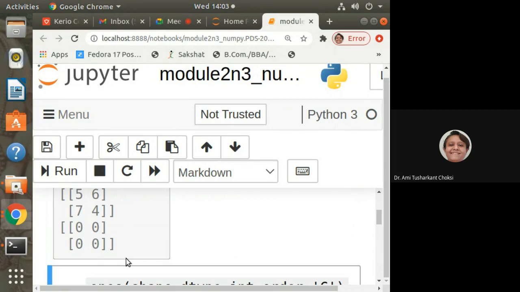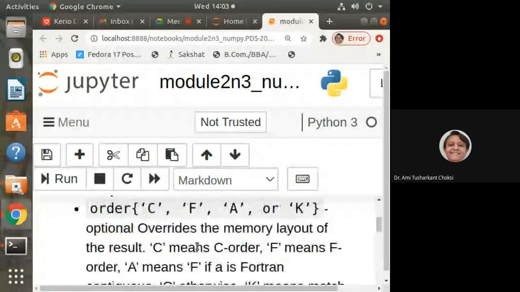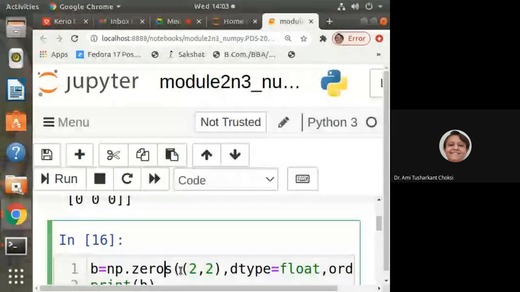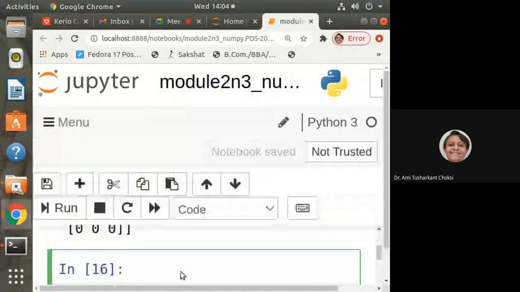Got it? Typically, when we want to have matrix operations, at that time we want this only. That is, whatever is the already available array, that size only we want for the matrix, and we want to initialize that to 0, right? If we are using the function zeros, there we have to provide the size, that is the shape. We have to provide the dtype also, right? So that should be known to you. And then after you can apply it here. But with this zeros_like, it makes our life simple.